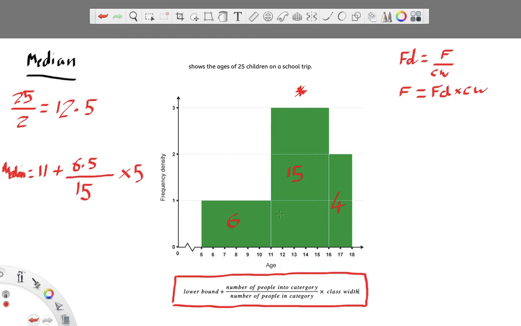So we've got to go 6.5 into this category here. So doing so, that's where we get the 6.5 from. The number of people that were in this category, so the frequency of this bar here was 15, and then we times by the class width, which was 1, 2, 3, 4, 5. So punch that straight into your calculator, so we get 11 plus 6.5 over 15 times 5, and that comes out at